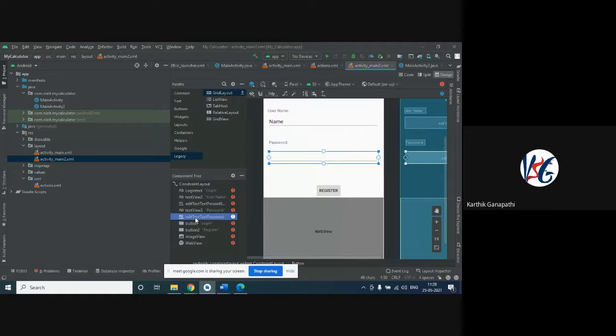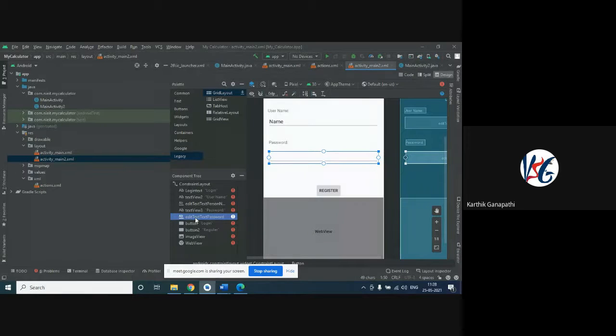If I move one component from its position, the positions of all the related components will change. So this will be called a relative view. In general words, I have just given you the details about relative view. If it is possible, I will demonstrate relative layout in this session itself.